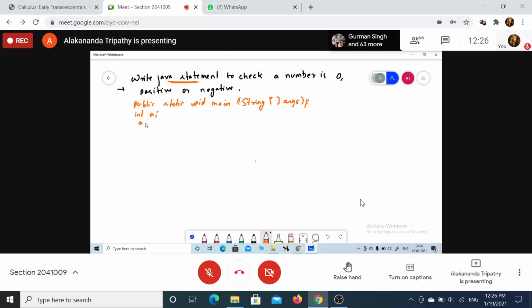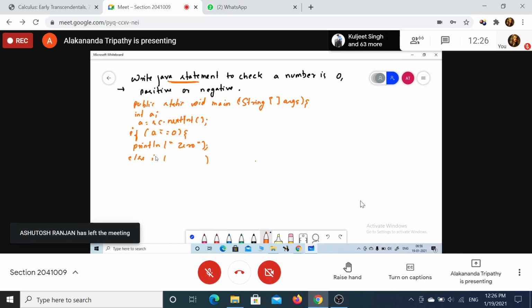Input a number. So A equals to, I have not written scanner statement. So I'm going to write it directly. Next INT. If I'm going to compare A equals to 0, don't put here single 0. Otherwise it will do assignment. So always put a double 0 here for the comparison. A equals to 0, then we are going to write the println message 0. Else, okay, don't write the condition here in the else, simply else.